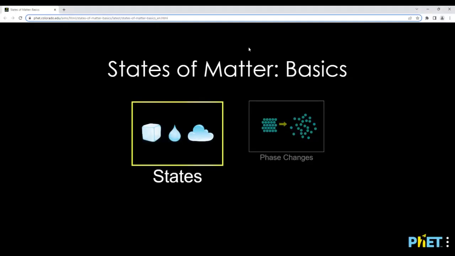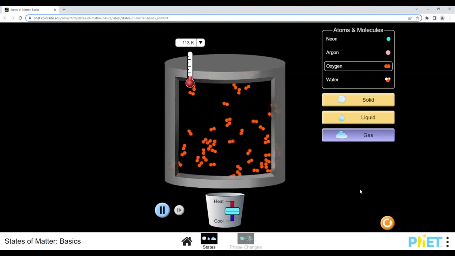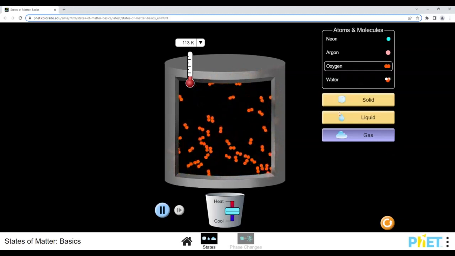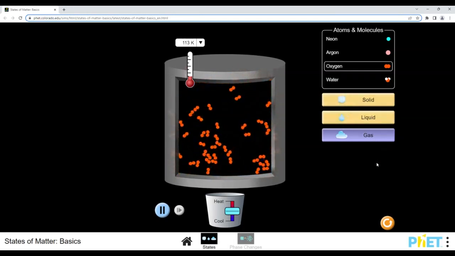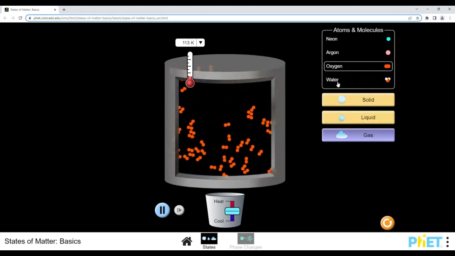Okay, let's go ahead and talk through some of the information necessary to complete Lab 8. Before we get started into the main part, the questions that you have to answer later on the quiz are based off of the phase changes section, but I want to go through the state section first. This isn't entirely necessary, but it's just easier to click back and forth between the different options and show you what they look like. So any element that's a gas,